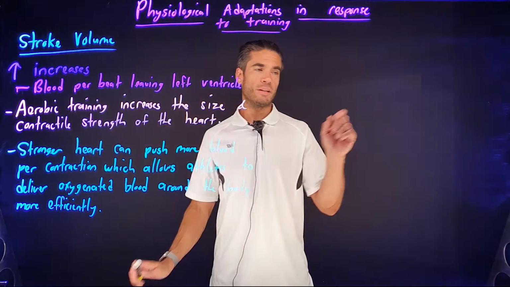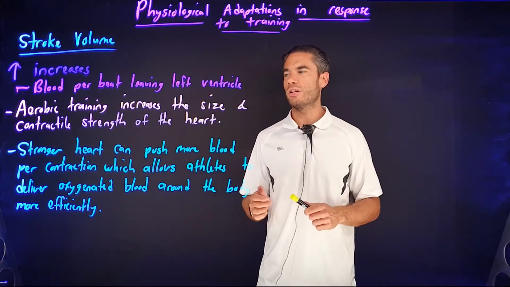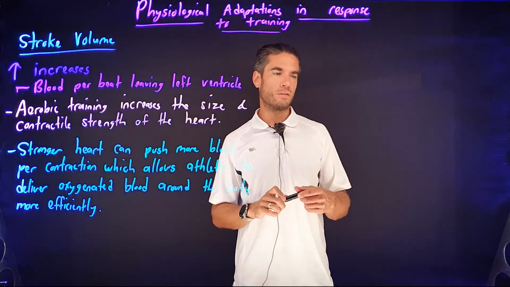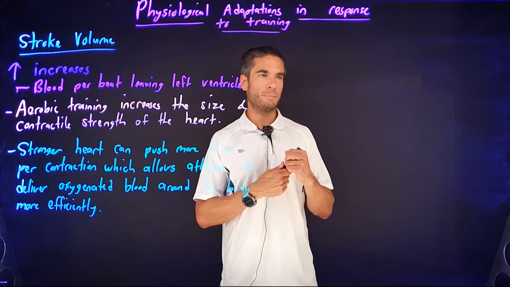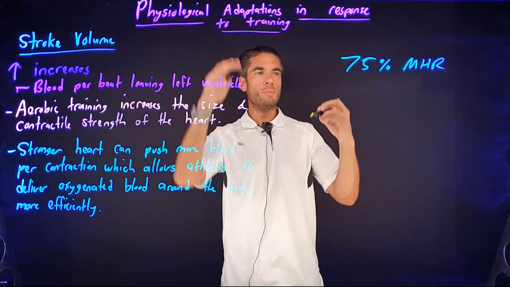So we go back to the example I had before, remember the 4 liters per minute at rest, whether I'm elite or not elite, all right? Now let's change it. Now let's get me, working at 75% of my maximum heart rate, okay? This is just an example just to illustrate. So the normal me